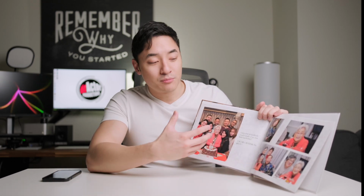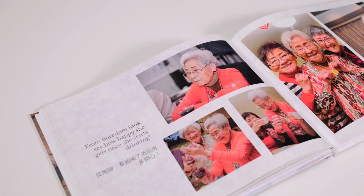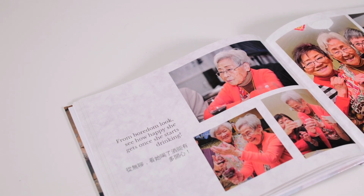And this one was probably my latest addition, because this is in 2023, where it was my grandmother's birthday. It was her 94th birthday, and a lot of the family came, but only a few of the cousins, not that many. A lot of my grandma's friends or my aunt's friends all came just to celebrate with her, which was really nice. These three are a nice group of photos that I really like because my grandma loves drinking